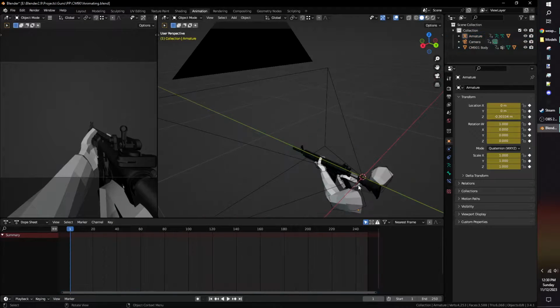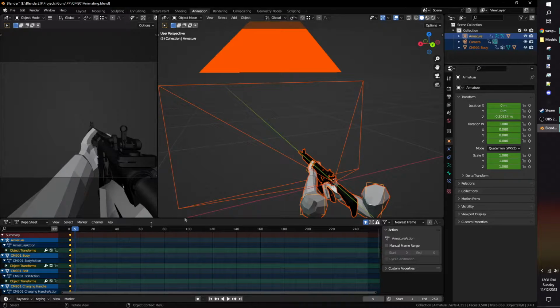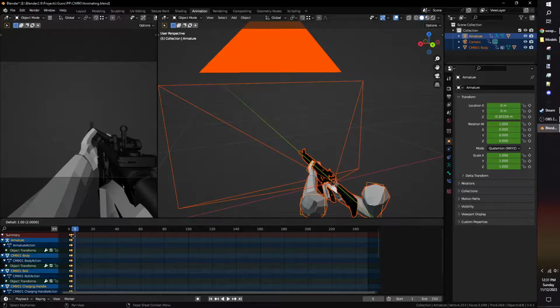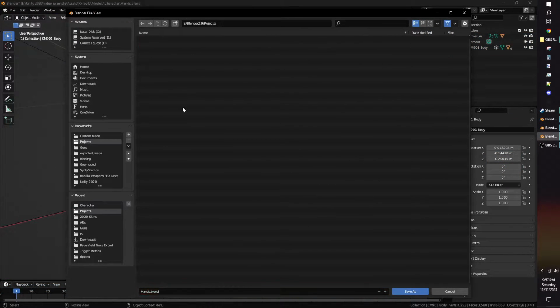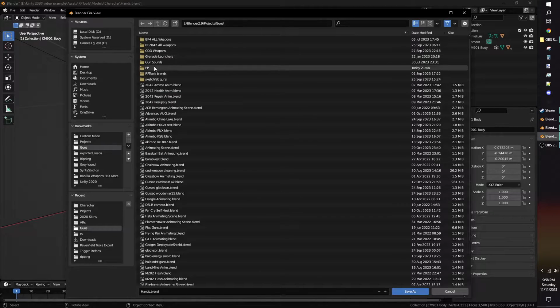Select all objects, and insert a keyframe, also for location, rotation, and scale. In the timeline, select all the keyframes on frame 1 and press Shift D to duplicate and drag the new keyframes later down the timeline. You've now made an idle pose, and it'd be a good time to save your scene as a new blend